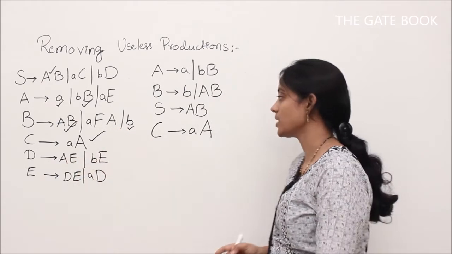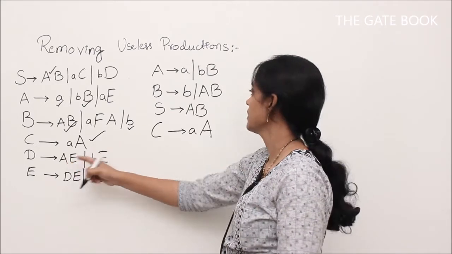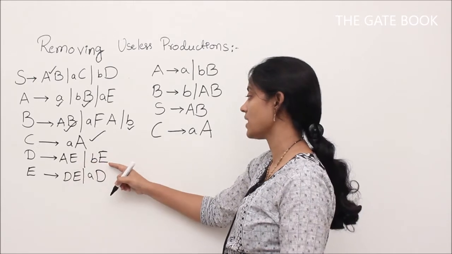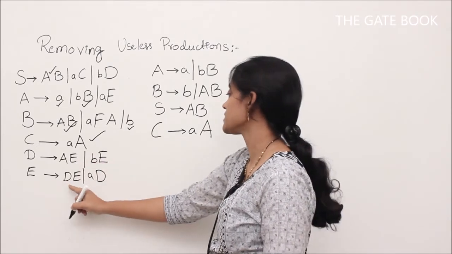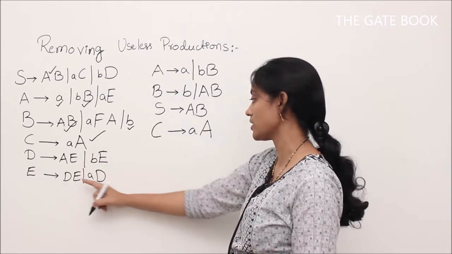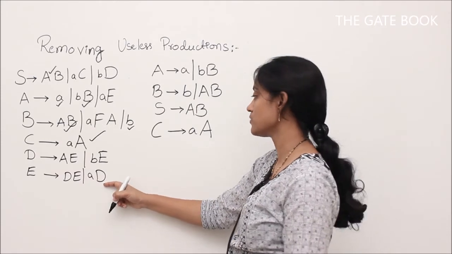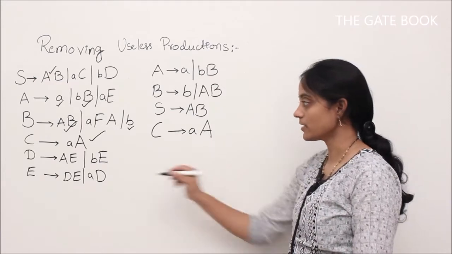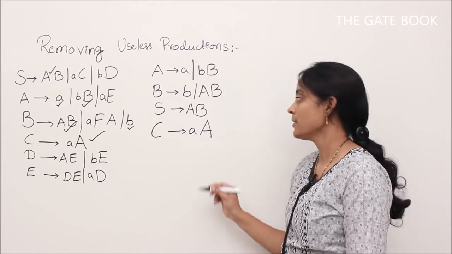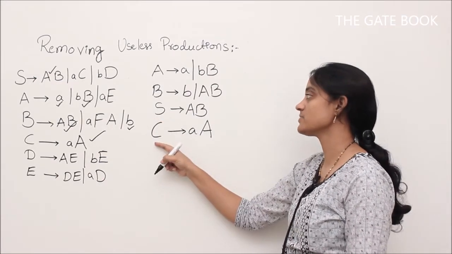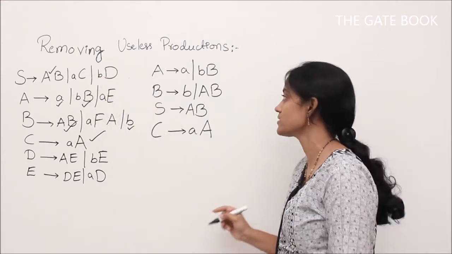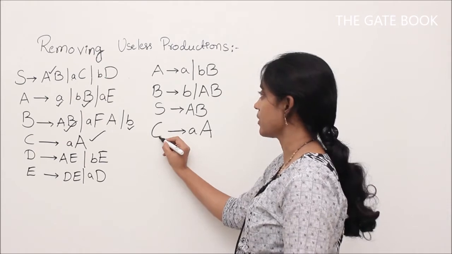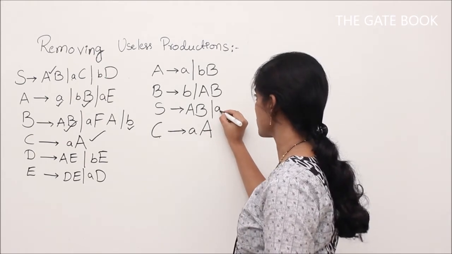Now we will come to the D productions. What about this? No, there is no E here, so we don't know anything about this or this. What about these productions? We don't know anything about E, we should not add. We don't know anything about D, so we should not add. So we have added these productions. Now again we should do one more round because there might be some new productions which might add these productions, right? So we should check once again. What about AC? C is there now, so we should add AC also.